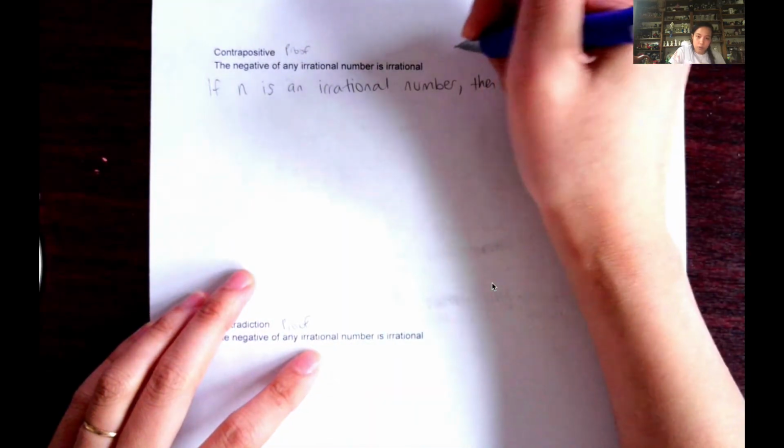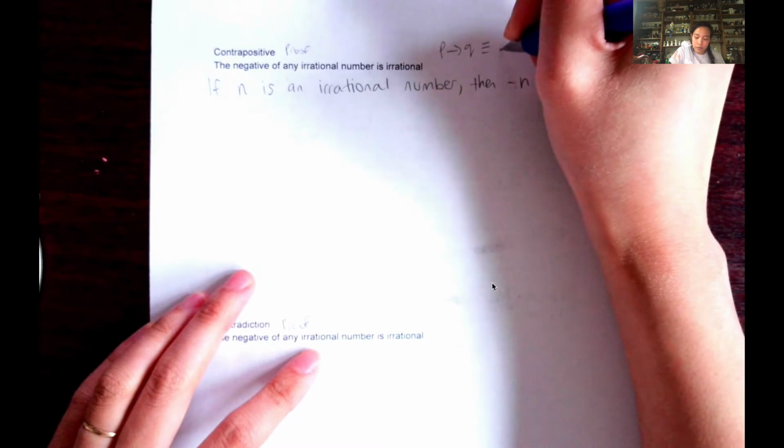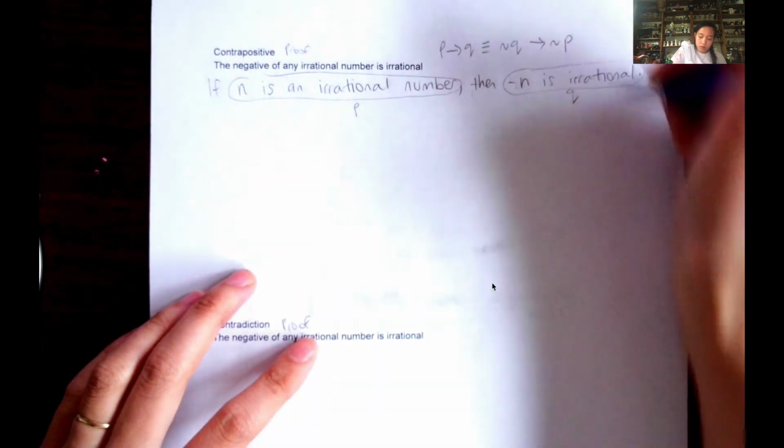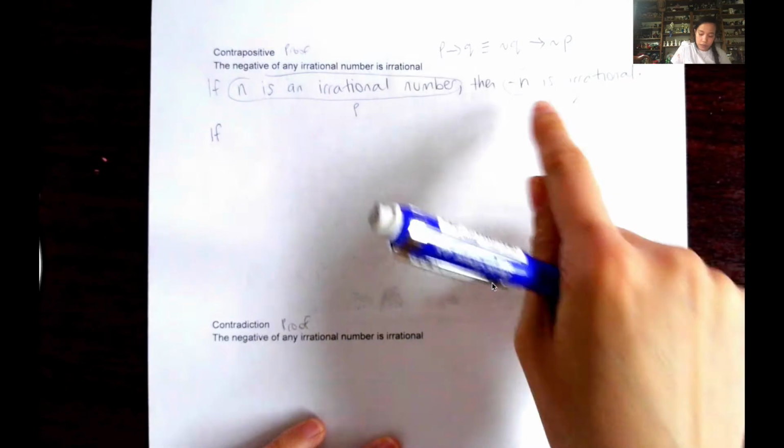So now, what you want to do is you want to take the contrapositive of this sentence right here. So remember that P implies Q is logically equivalent to the negation of Q implies the negation of P. So this right here is P. This right here is Q. And in order to take the contrapositive of the sentence, we say if and then the negation of Q, which